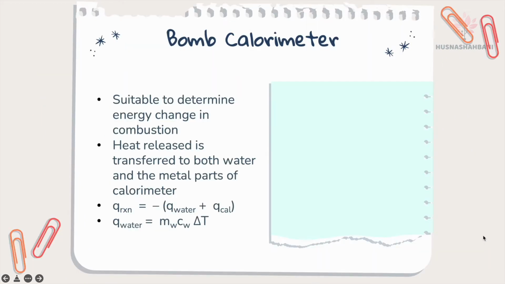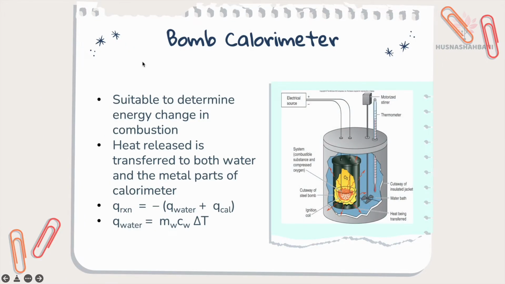Bomb Calorimeter. Bomb Calorimeter is suitable to determine the energy change in combustion. Heat released is transferred to both water and the metal parts of the calorimeter. These are the water bath, and this is where the combustion happens. The heat released will be transferred to water and the metal parts of the calorimeter. So all these are the metal parts, and this is the water, so the heat released will be transferred